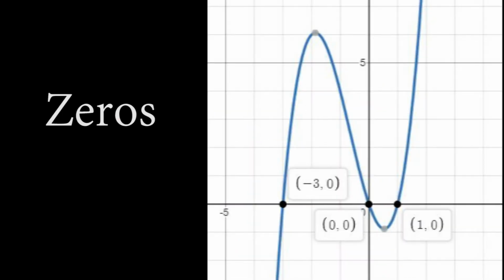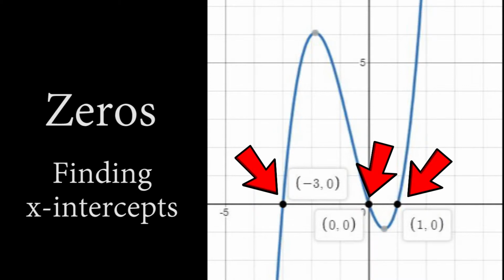Probably one of the most important vocabulary terms with polynomials is the term zeros. Now, zeros is basically finding the x-intercepts of the graph. So one way to find the zeros is to graph it and look at the x-intercepts. In this case, I see I have zeros at -3, 0, and 1. If I were to look at the function itself, x times x minus 1 times x plus 3,